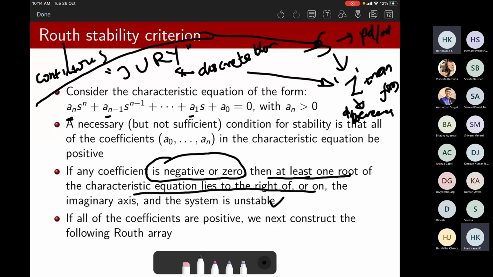You have to look at the sign of each coefficient. If at least one is negative or zero, then you stop, because that itself makes things unstable. But if all of them are positive, say a_n minus 1 down to a_0 are all positive,